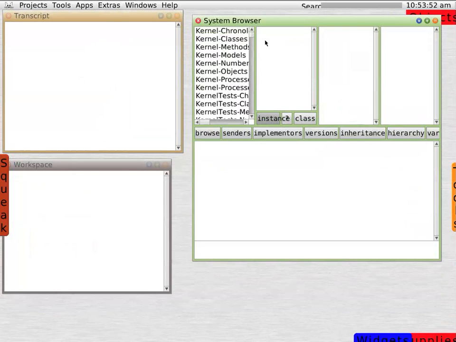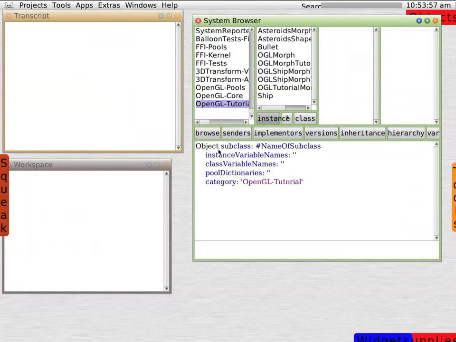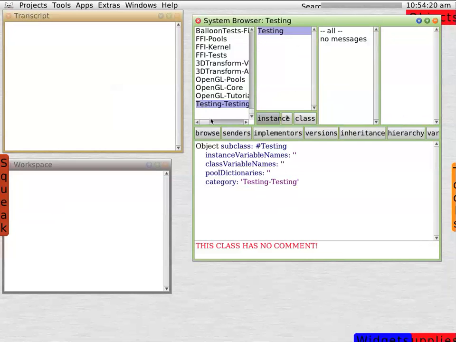Okay, now let's create a new class and some methods to work with that class. Here is the class package creation window. We're going to create a class named testing. We're going to put it in the class or package category named testing-testing. We're going to save it, and it creates this new package named testing-testing with a new class named testing